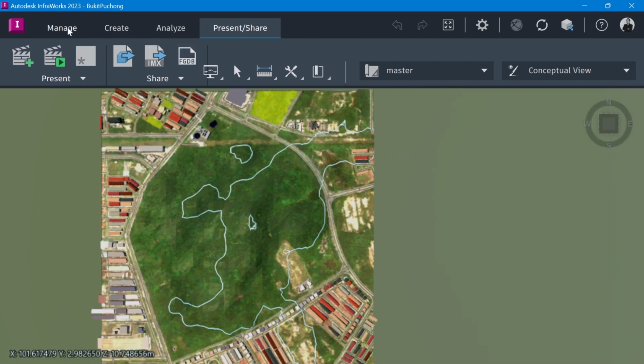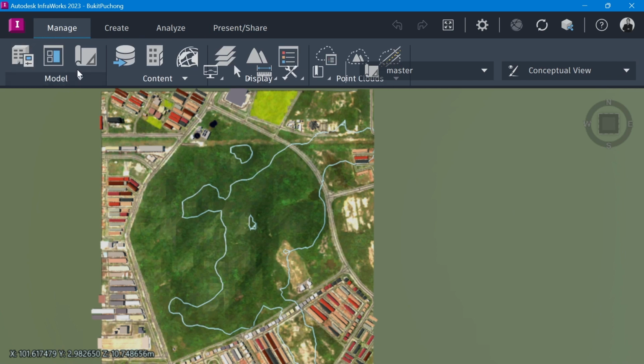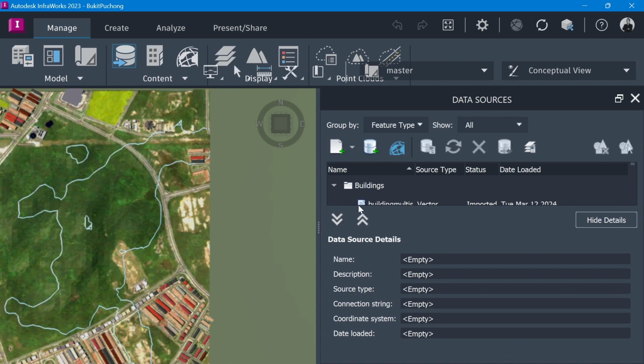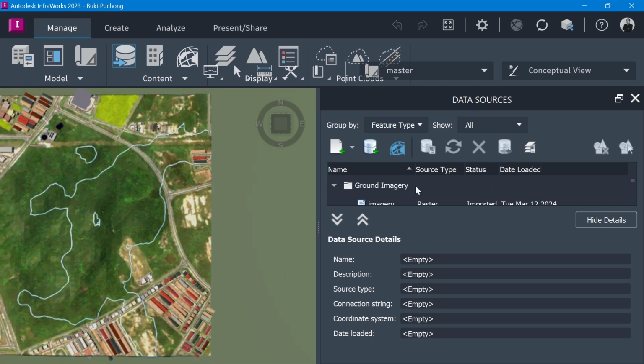Okay, that's all. In Manage, we have all these things. You can have the style palette here, a data source. Currently, the data source is coming from the model builder. So you can add vector image. We can add the raster image or vector model, or also a model from the Revit. Then you can place it on top of the model.